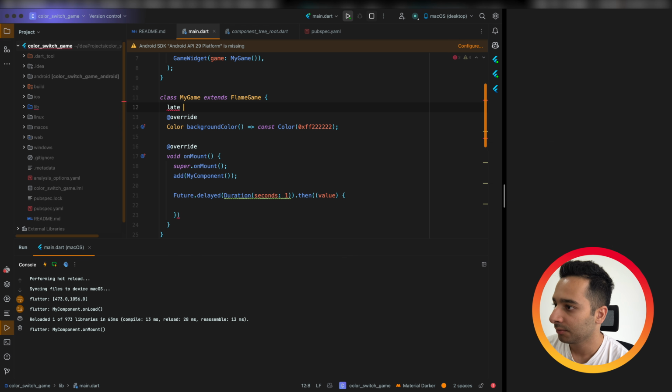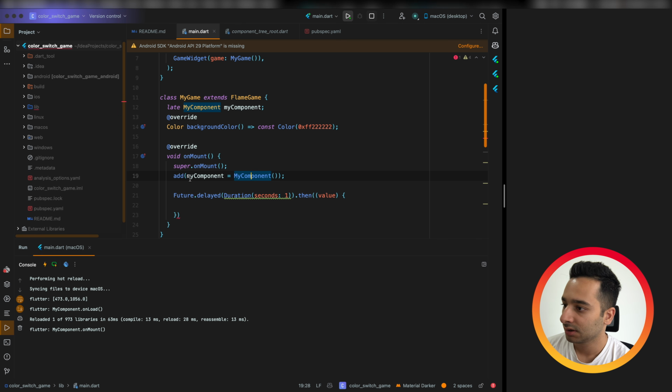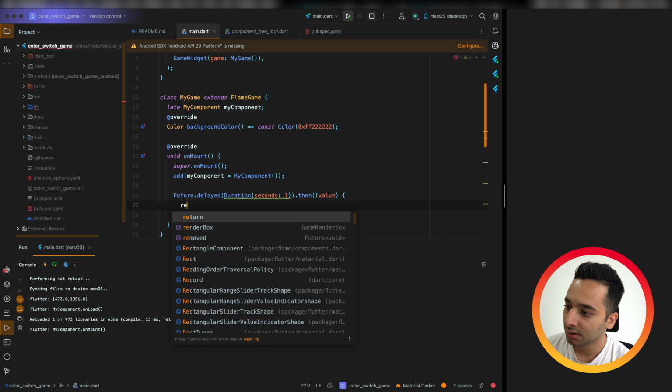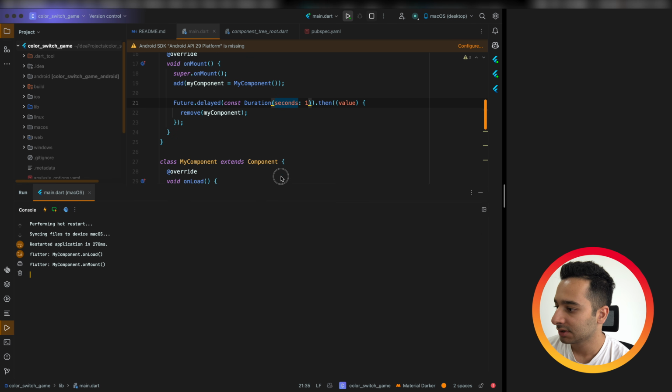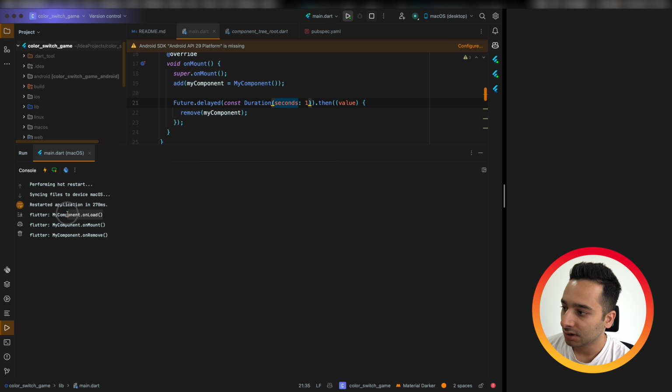Late my component, and we are gonna assign this component here. And after 1 second, we are gonna remove this from our game. So let's run this to see what happens. As you see, onLoad gets called, and after that onMount, and after that onRemove.